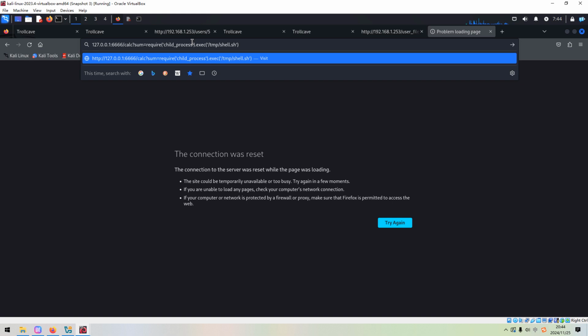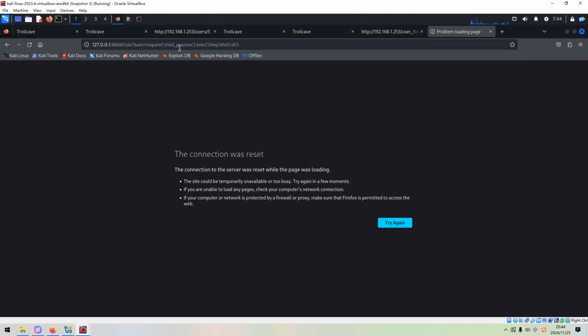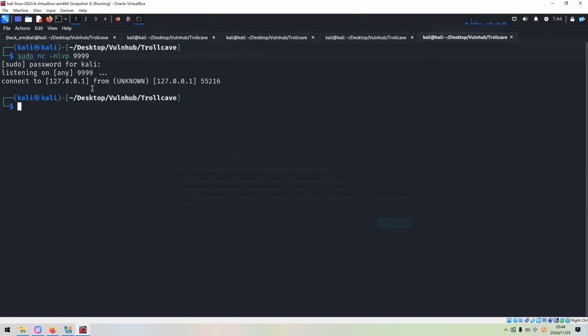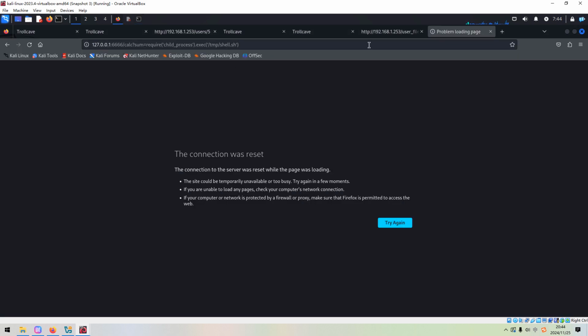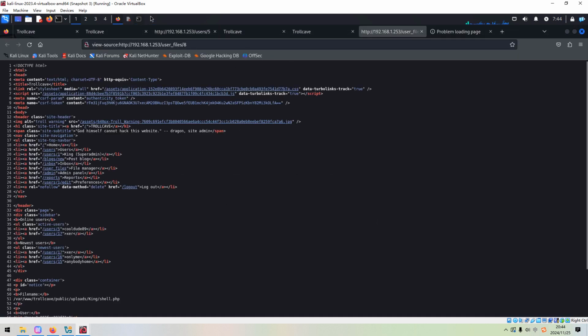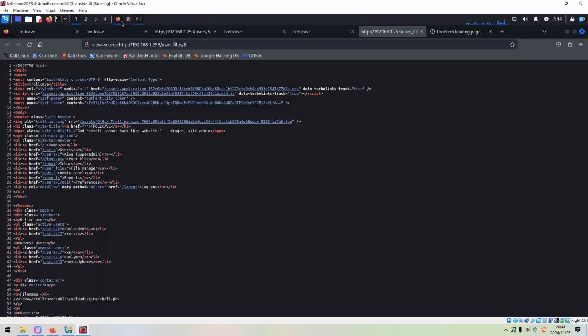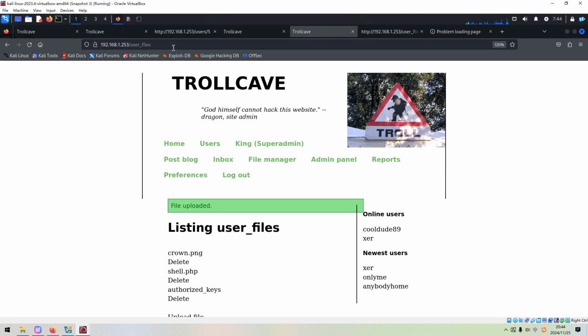Okay. But this doesn't work, right? It's disconnected. Interesting. We can set up the listener. Don't worry. It's okay. I think this problem we need to fix.